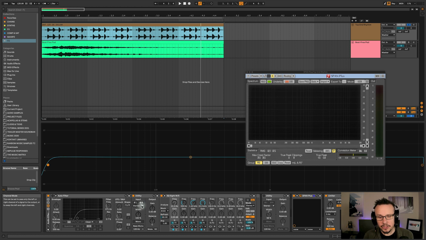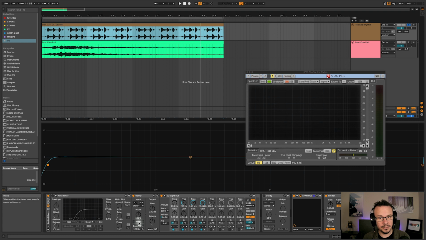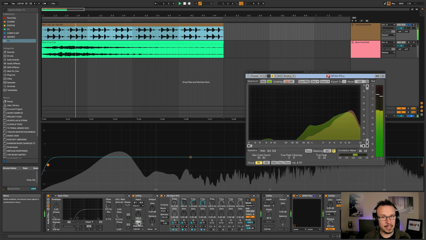Within Ableton there's a super useful tool that I don't think people maybe use enough, but it's called Utility. It's basically a simple gain control, but it also allows you to exercise some control over the stereo field, and that's super useful. It has this mono button here, which allows you to simply convert everything that you're hearing to mono. So if we just listen to the sample and then click the mono,